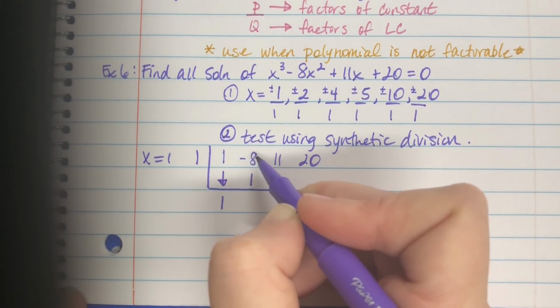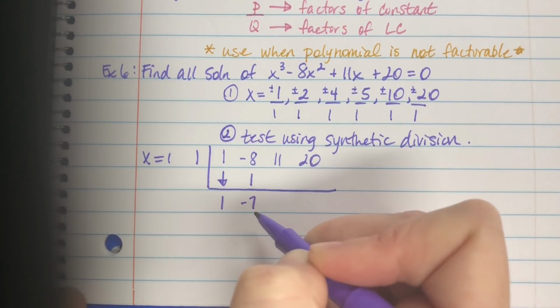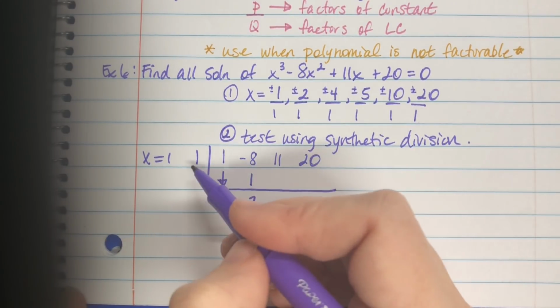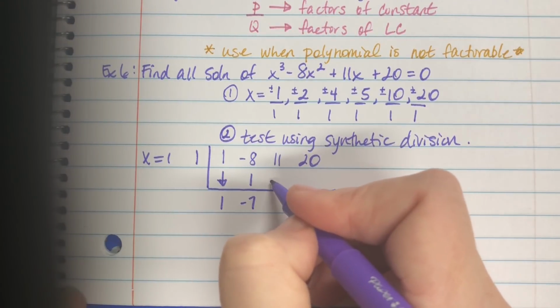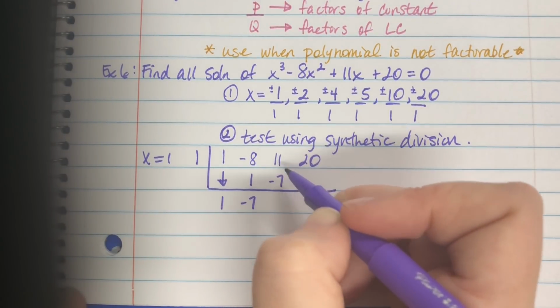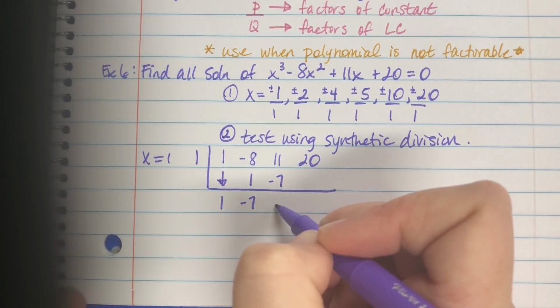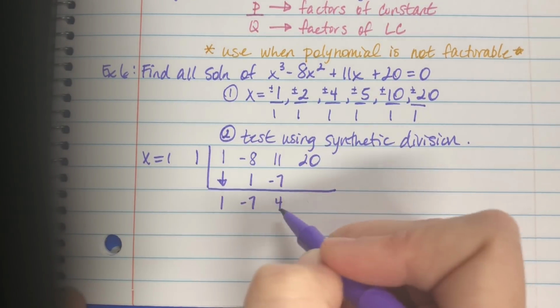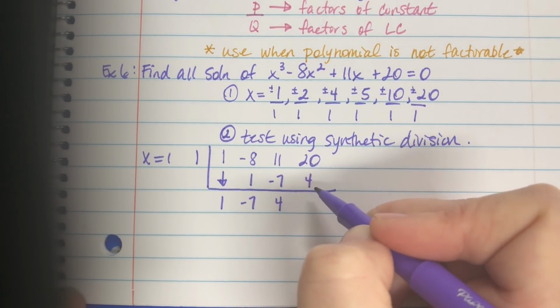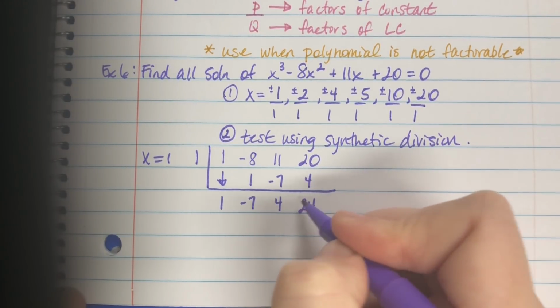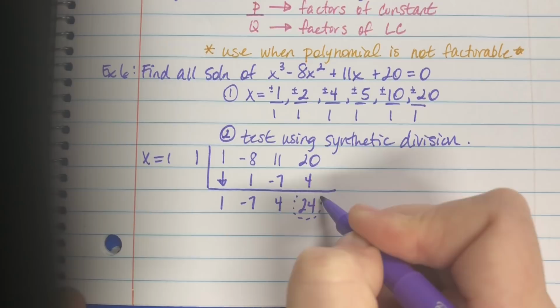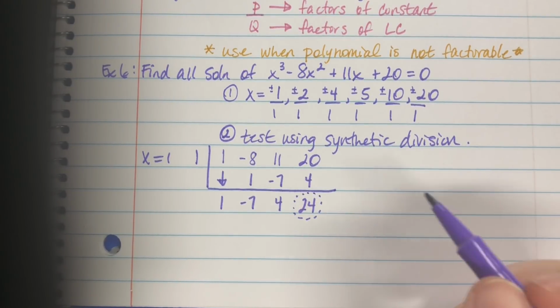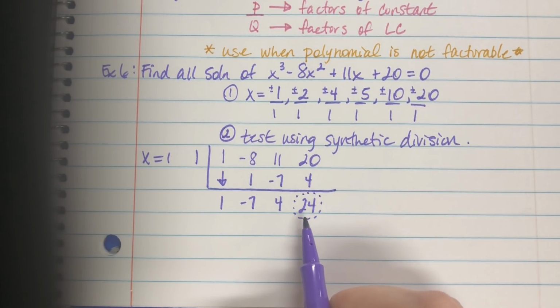Add -8 plus 1 is -7. Continue the cycle. 1 times -7, -7. 11 minus 7 gives me 4. 1 times 4 is 4. Adding, we have 20 plus 4 gives me 24. This is your remainder. Now we know from the remainder theorem that if the remainder is not 0, then this